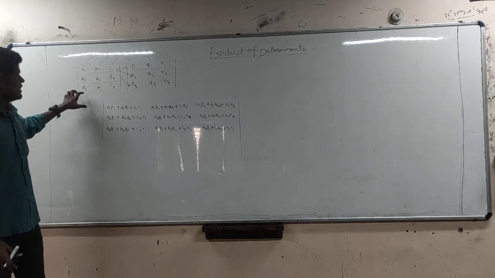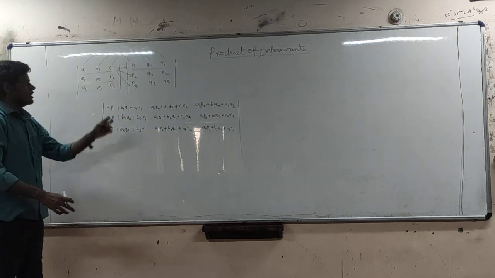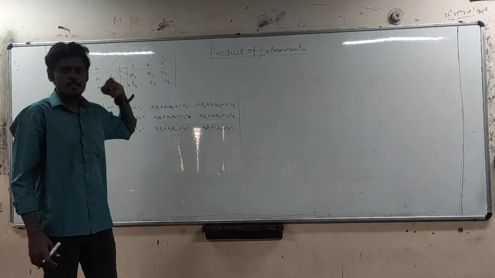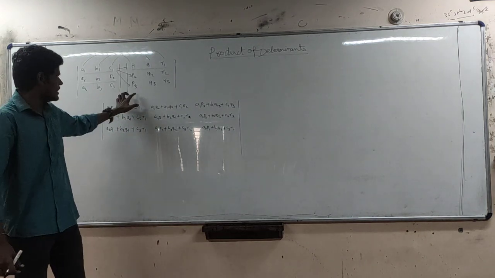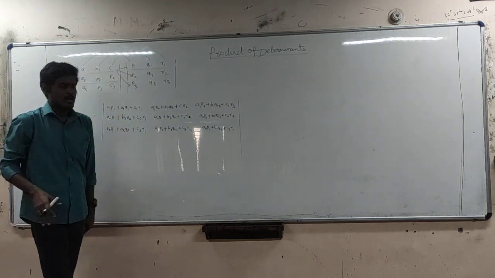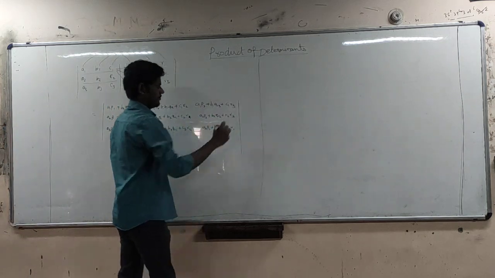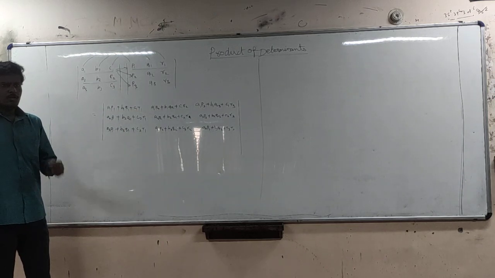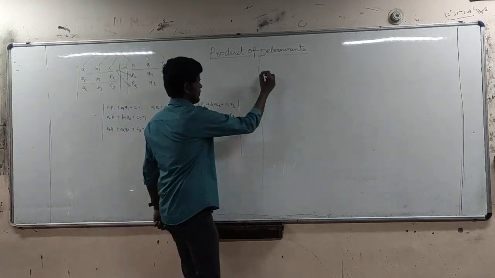So in order to find the product of determinants, we can use either row to row multiplication, or row to column, or column to row, or column to column. Whichever way you multiply, the value will be the same. You can't do the same with matrices, but for determinants, we can multiply in any way. Just multiply corresponding elements and add and write the values in appropriate places. Okay? This is how we multiply two determinants. Let me give one example for this.